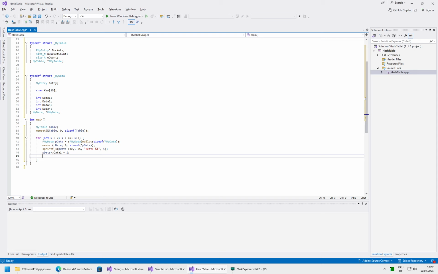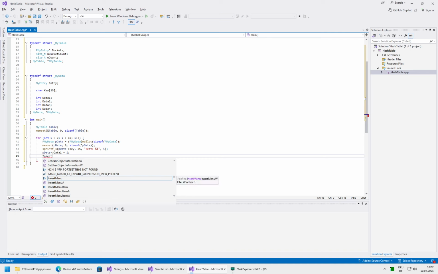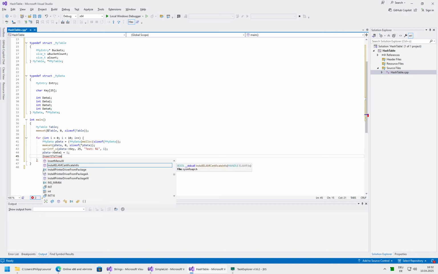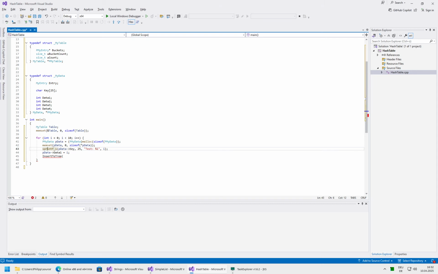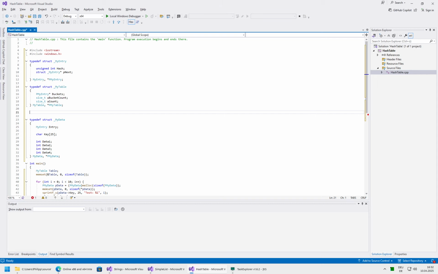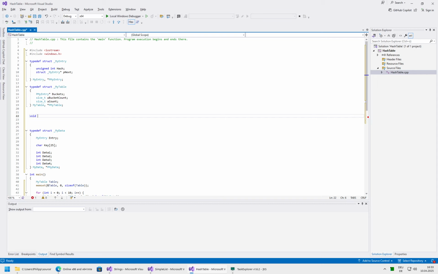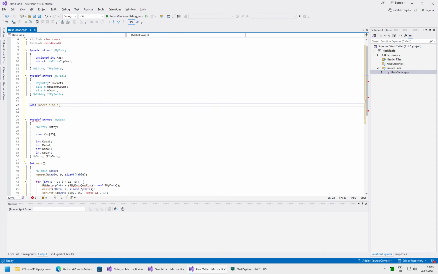and then we will of course need another function, insert to table, which will take of course a reference to our table, and then the data we are inserting. So we need to write this function. Okay, write function insert to table. It takes of course p table and the element,